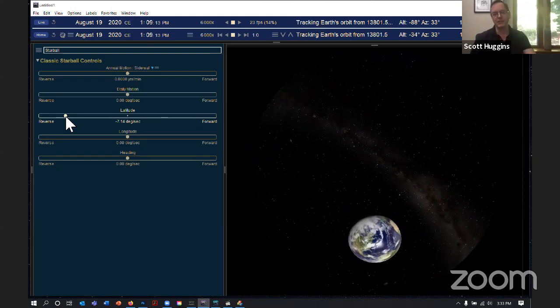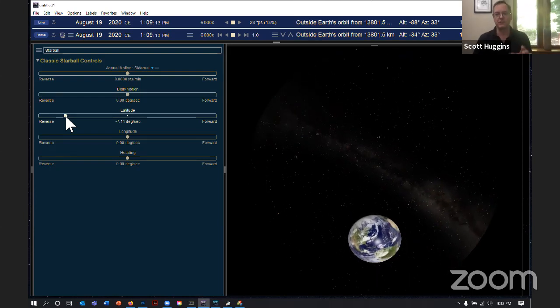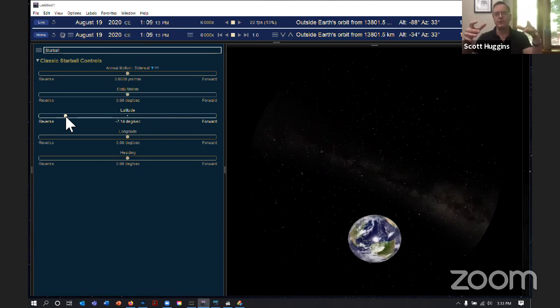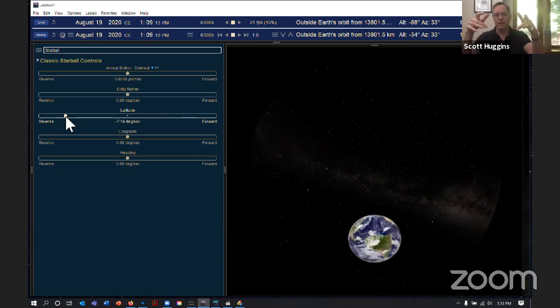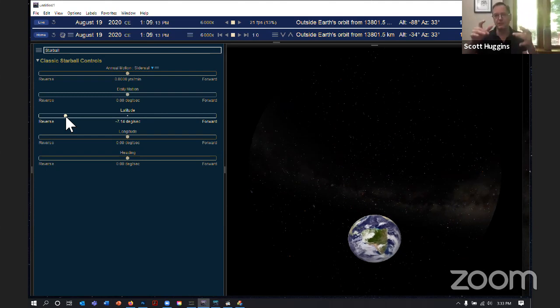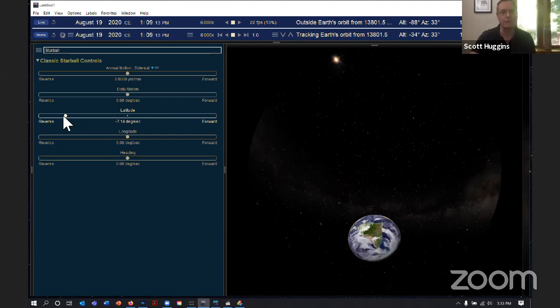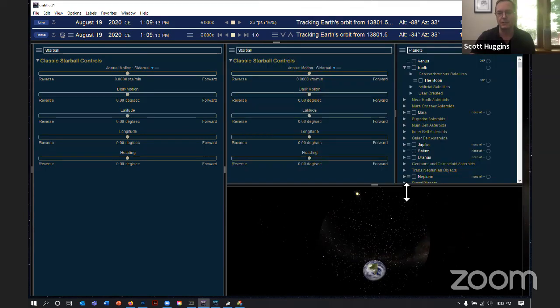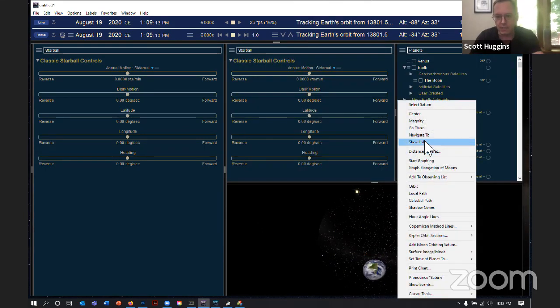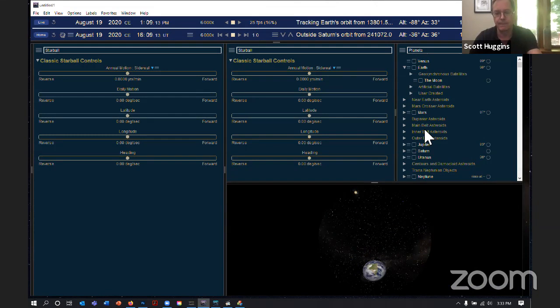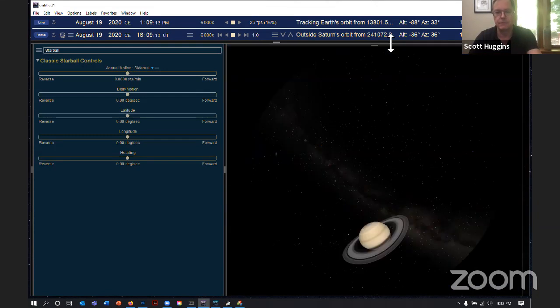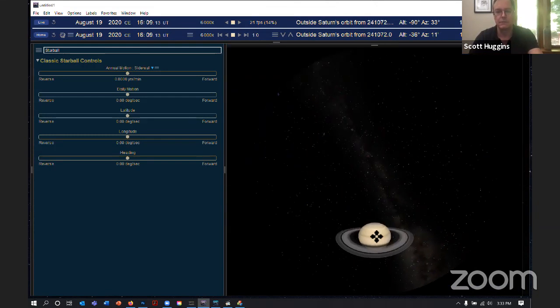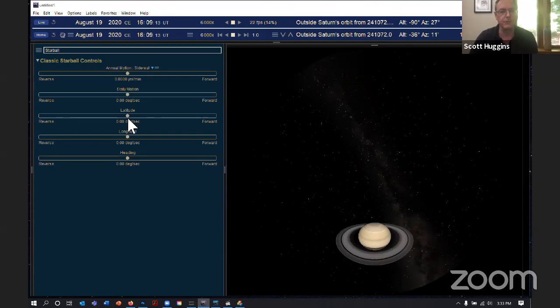I think Brad gave an example before with starball motions. If you wanted to park yourself over the rings of Saturn and watch yourself move from above the rings to below the rings, or the opposite of that, we could do that. So why don't we try that? I'm going to take us to Saturn very quickly, or right-click Saturn and go there. If I use my latitude control now to fly toward the south,